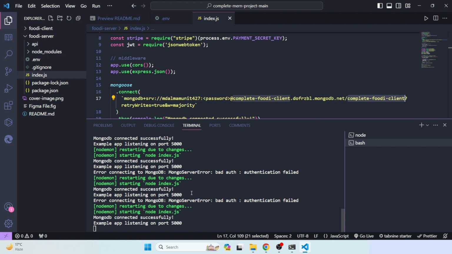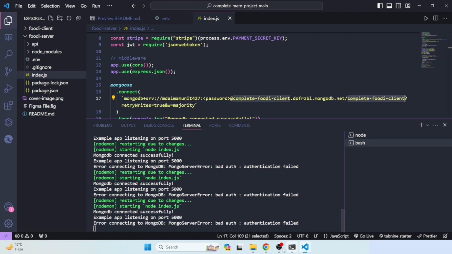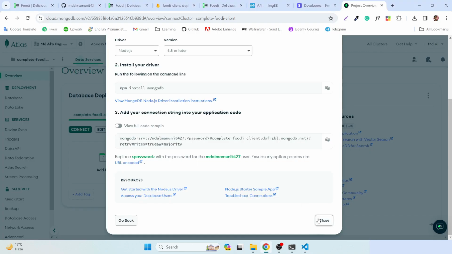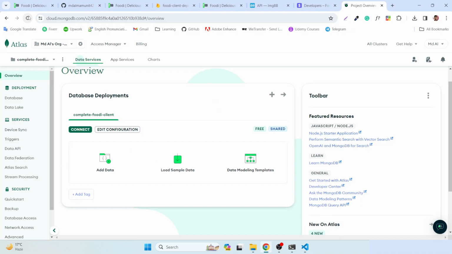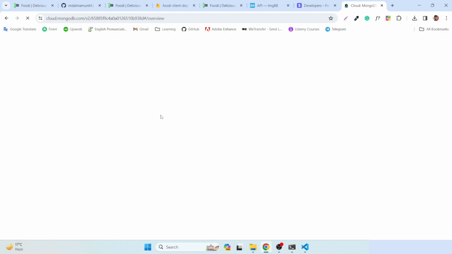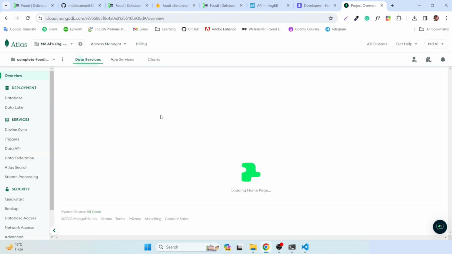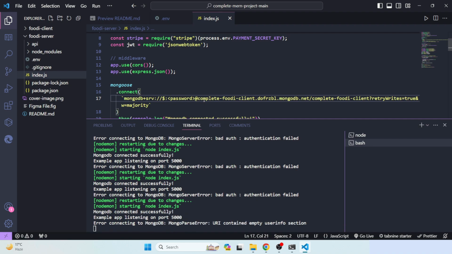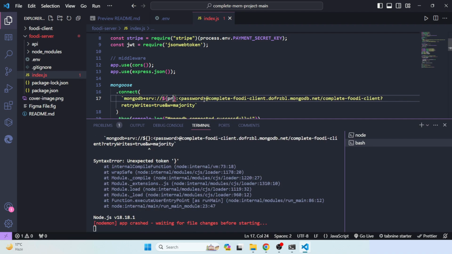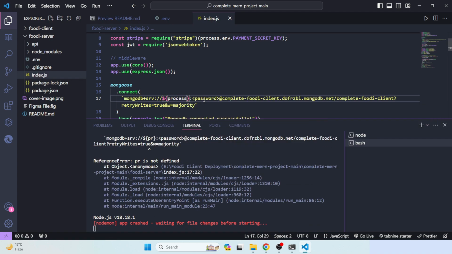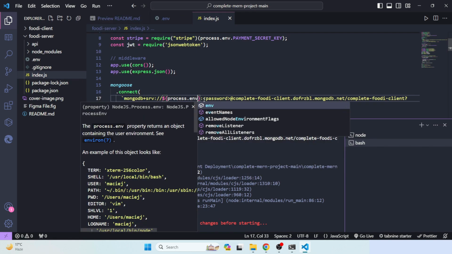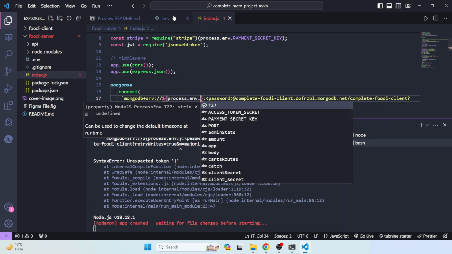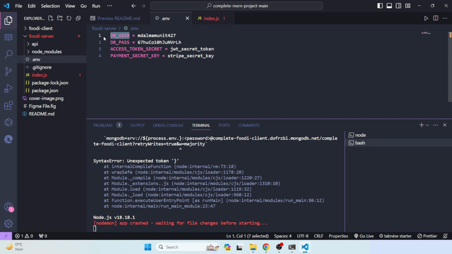Okay, so now it says it's an authentication error. Why the errors? Let me refresh this. Oh, sorry, here we have to replace the passwords and the user's name. I didn't forget it, so let me just use dollar sign. You have to use process dot env dot your database name, that is DB users,